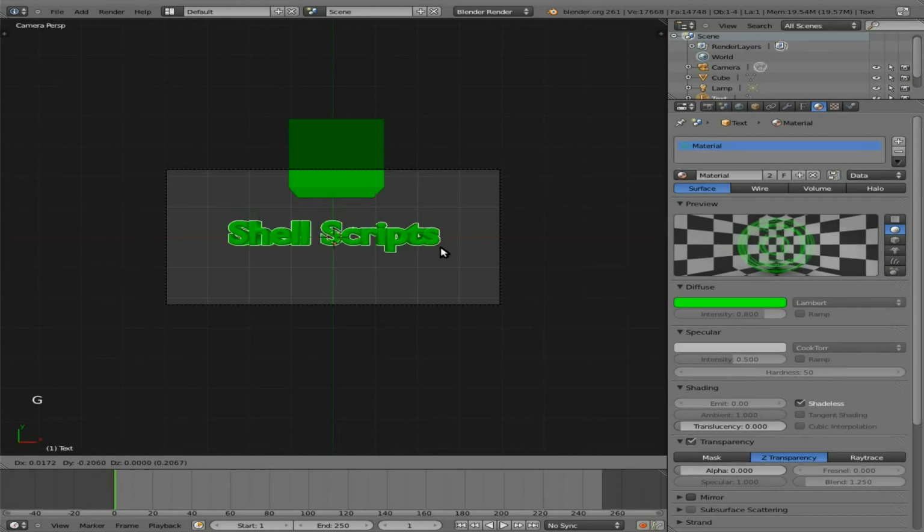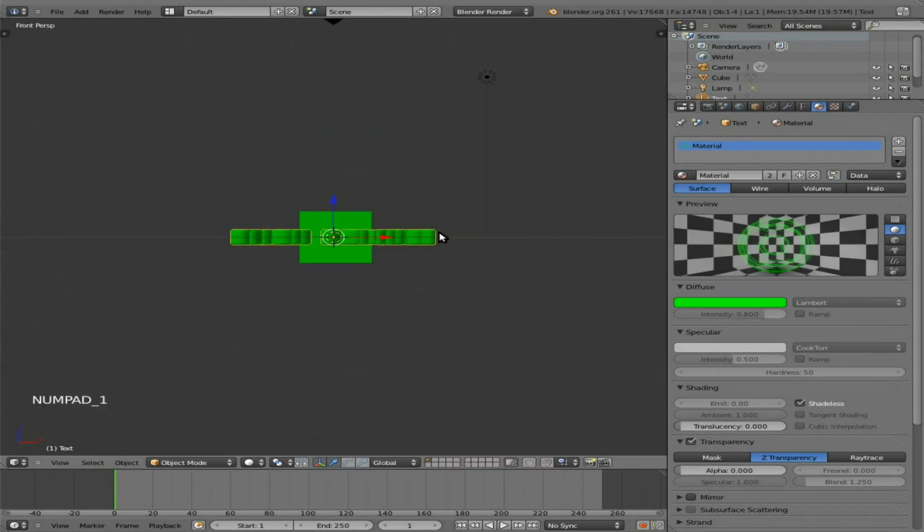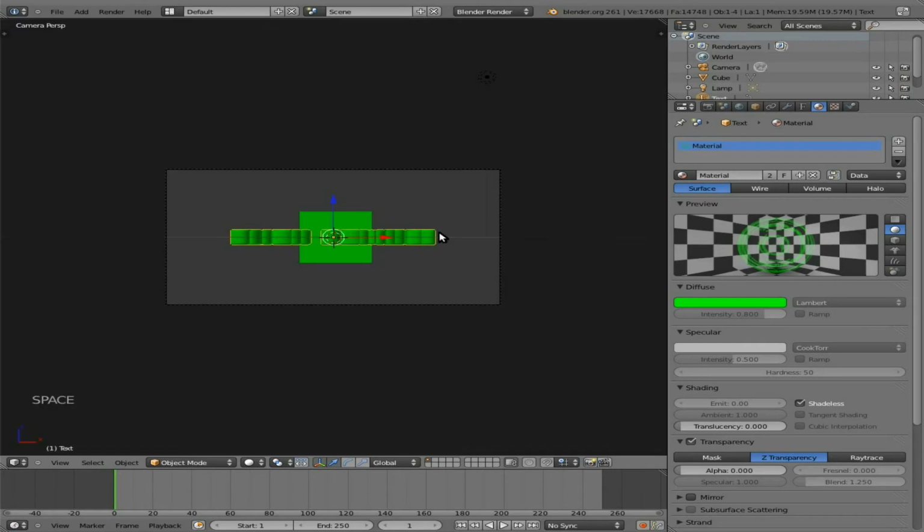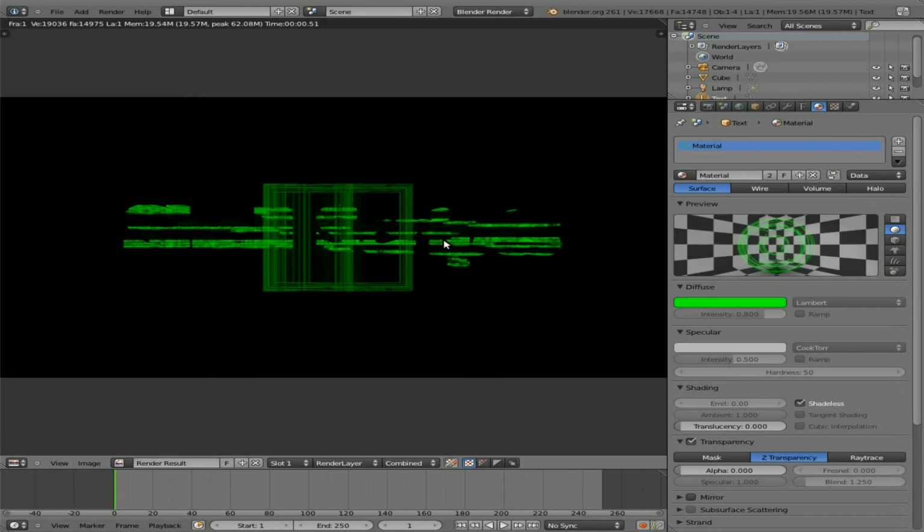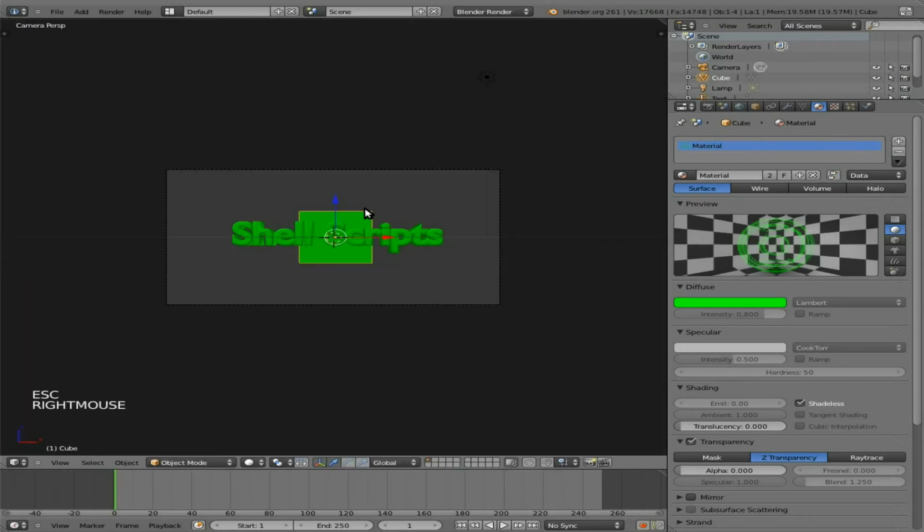I'm also going to grab, actually let's go to front view and move the camera to here. And with the font selected, the text selected, R X 90. There we go. And I'm going to grab and move that down a little bit. Hit F12. There we go. At this point I'm going to delete the cube,